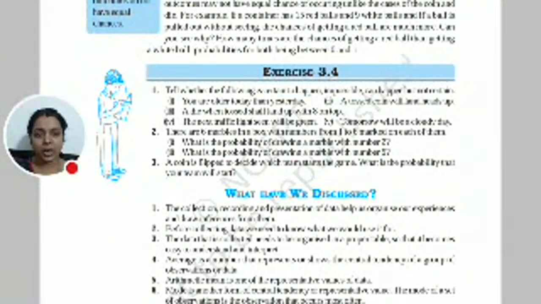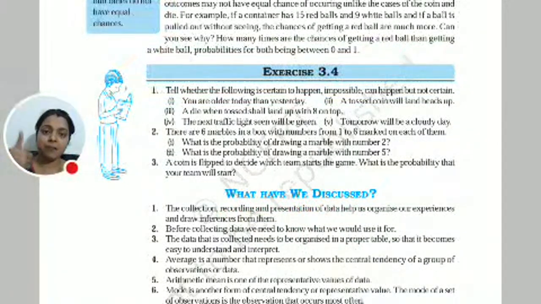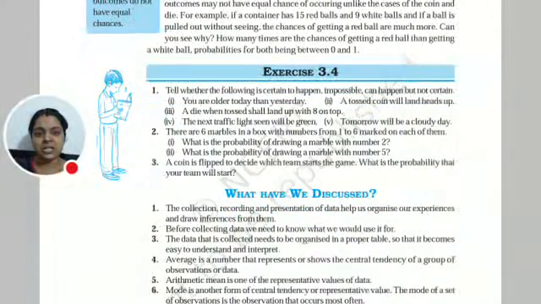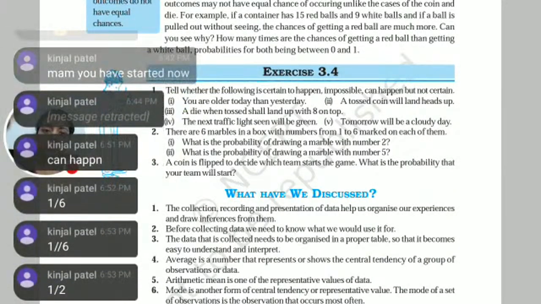A coin is flipped to decide which team starts the game. Coin is for tossing. It happens in cricket as well, where one team gets head and another team gets tail. So now a coin is flipped to decide which team starts the game. Very good. What is the probability that